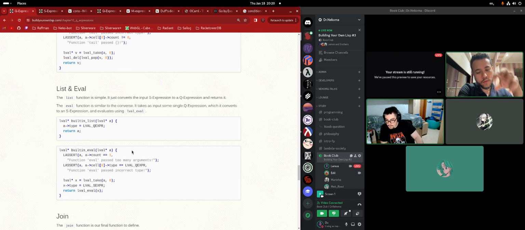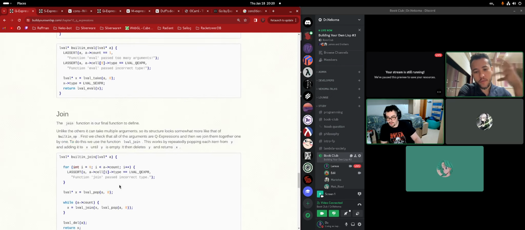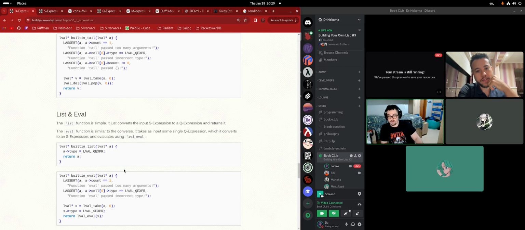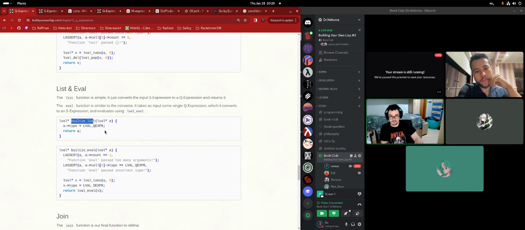To build a list, you just take something and put a tag on it. Yeah, that's the beauty of it, because the arguments came in as an S expression, and the only difference between an S expression and a Q expression is the type tag. And this will need to be evaluated, right? I think we are going to get there. We're going to call these built-in functions later on.